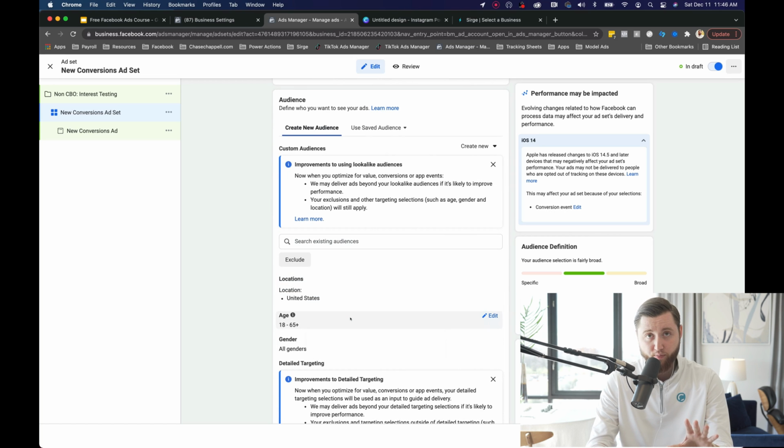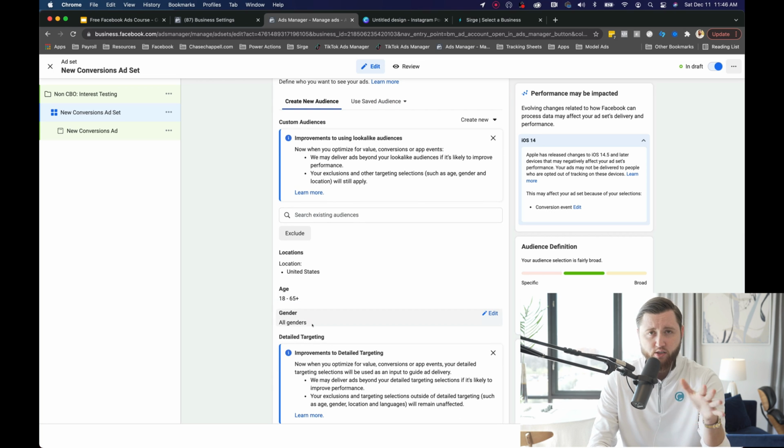We'll leave the age range open because we want to allow the algorithm to optimize for us. We're going to leave the genders open. So many times individuals will select male, female, or be very specific here, but what ends up happening is they're totally not thinking about the fact that if you're selecting only one specific gender, you're forgetting the idea that there's other individuals out there that could also purchase this product that you might not be